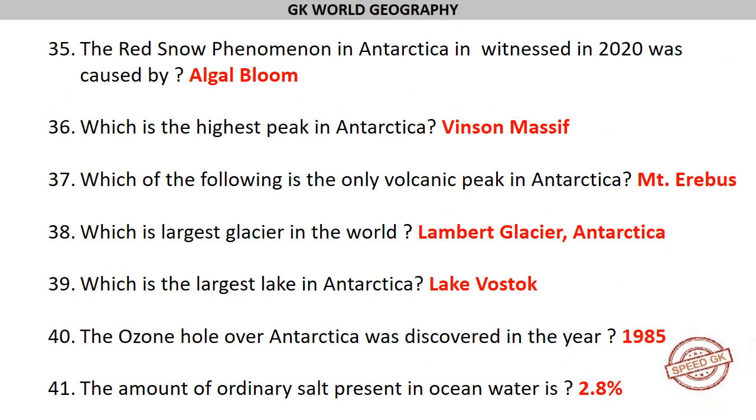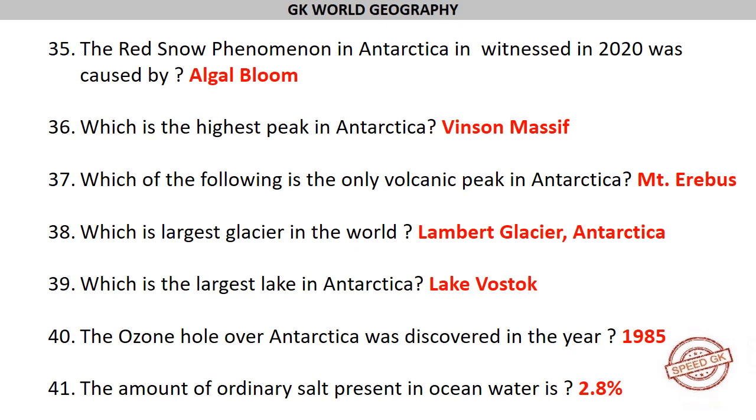The red snow phenomenon in Antarctica witnessed in 2020 was caused by algal bloom. Which is the highest peak in Antarctica? Vinson Massif. Which of the following is the only volcanic peak in Antarctica? Mount Erebus. Which is the largest glacier in the world? Lambert Glacier, Antarctica. Which is the largest lake in Antarctica? Lake Vostok. The ozone hole over Antarctica was discovered in the year